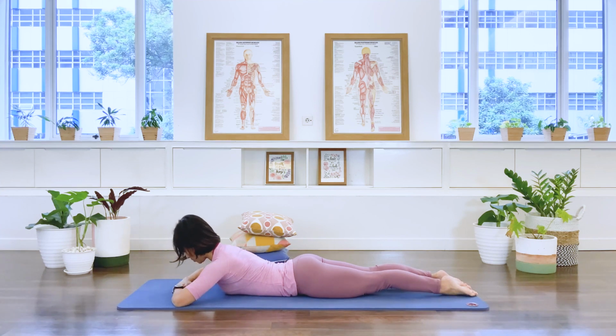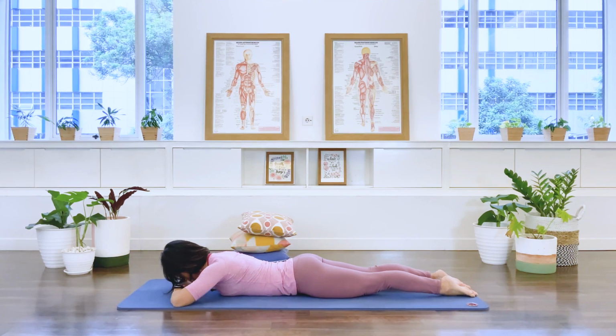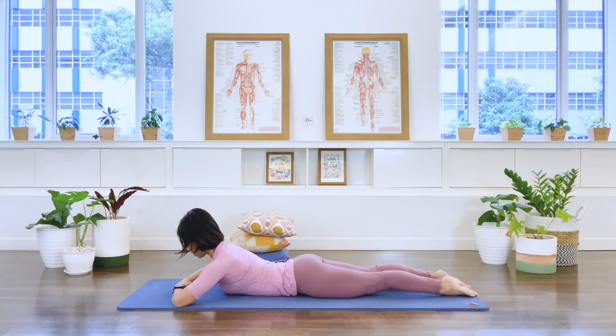Inhale, we'll lift. I would like you to feel that shoulder blades is gliding down to your lower spine, and your abdominal muscle is supporting your lower spine, and your neck is long and your gaze is down to the floor, slightly further away in front of you. And come on down. Last one, please. In breath, reach up,